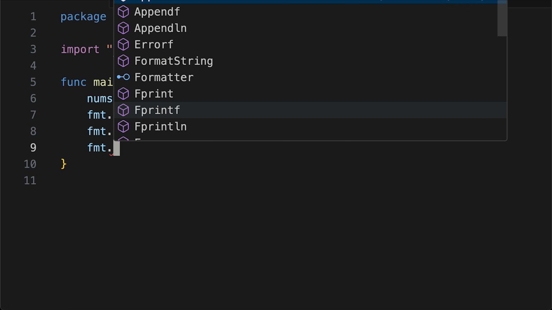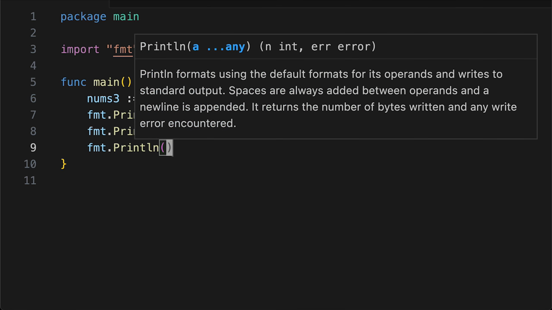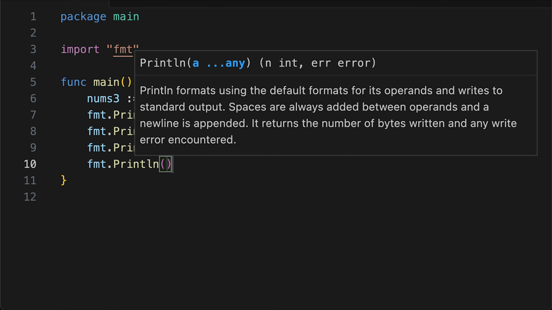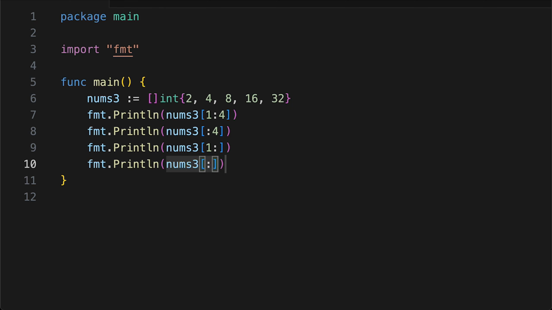And let's see how it looks if we leave out the end index. Let's start from nums3, and then let's start from index 1, and then we leave out the end index. So if we leave out the end index, it will extend to the last element. And then one last thing we can do is leave out both the start and the end index. nums3, and then we just do brackets and then colon. And if we run this,